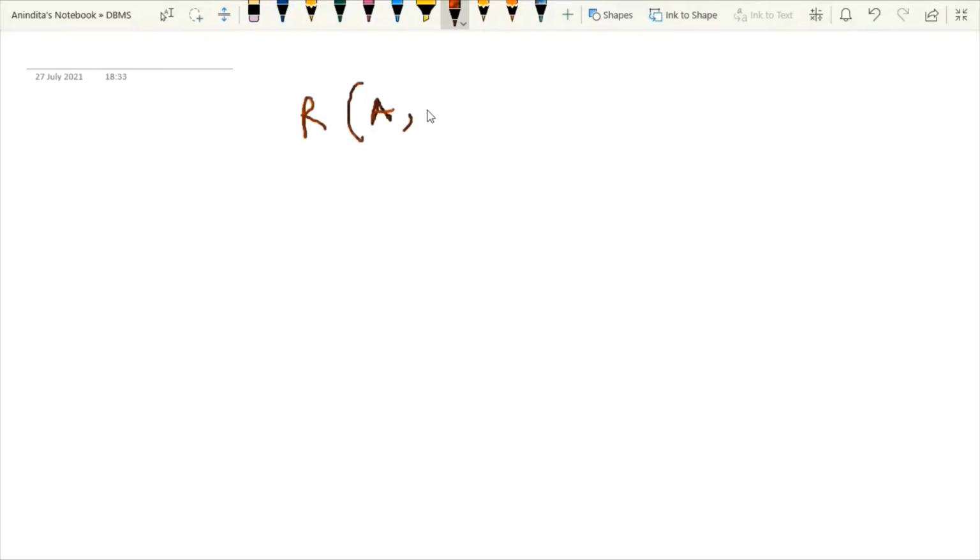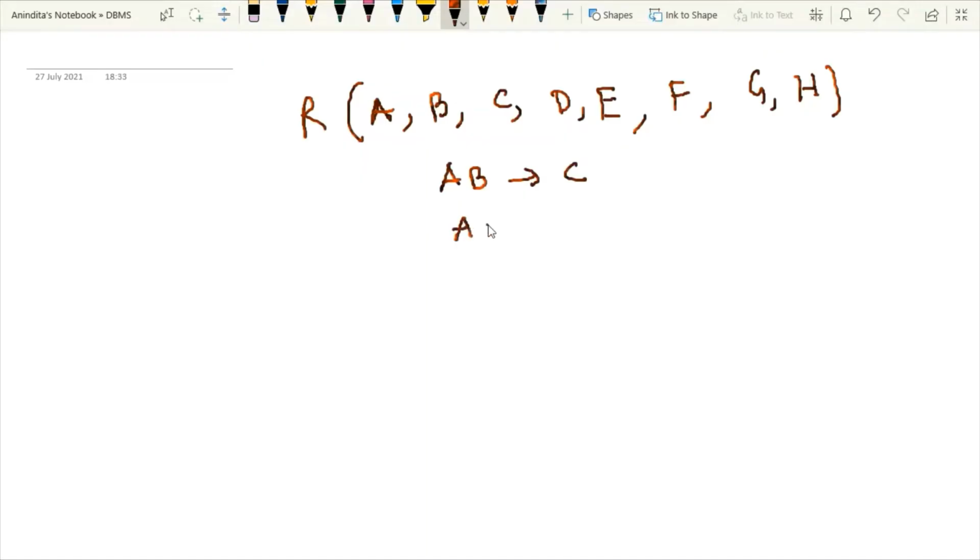Same table I am using. Say A, B, C, D, or I am just increasing the number of attributes: E, F, G, H. So it's a long table. We have so many attributes and some functional dependencies are given to you. So here today our challenge is to find out the appropriate candidate key,